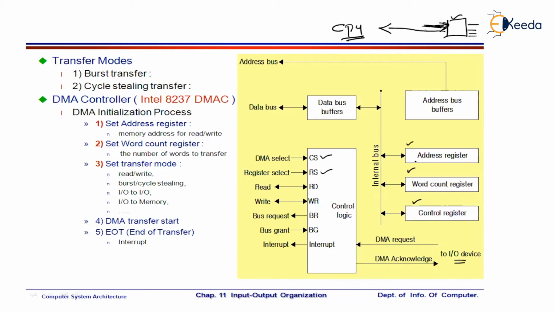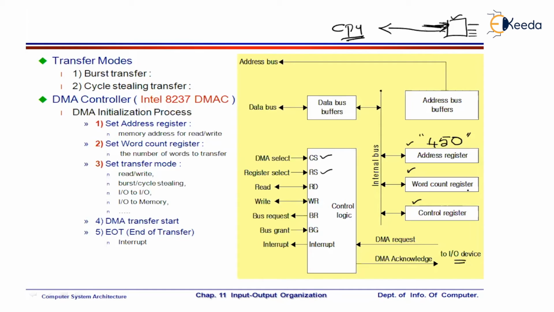The first data that is going to be transferred is to the address register. That is, CPU is going to transfer the address of the main memory location to which the transfer has been initiated. For an example, the current transfer has to be made to 450th location of the main memory. So in the address register, CPU is going to fill up the address in which the transfer has been initiated. After which CPU is going to fill the word count register.